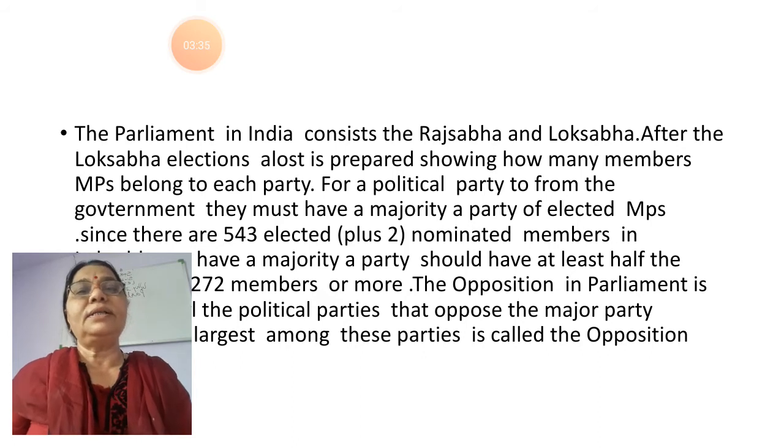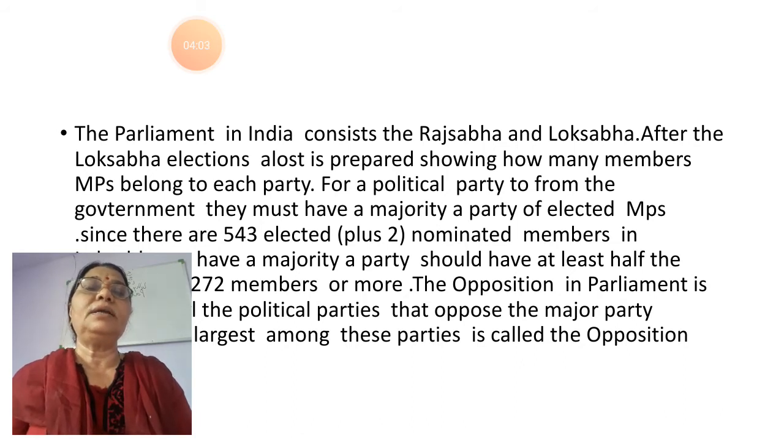And whenever they try to establish their government, the opposition party can oppose them also. Got it? And opposition parties play a very important role in democracy. Without an opposition party, then what? The elected party would not work properly, because the opposition party always takes out their drawbacks, their shortcomings, and can keep in front of the people whatever work is done by the ruling party or not. It means that the parliament in India consists of Rajya Sabha and the Lok Sabha.